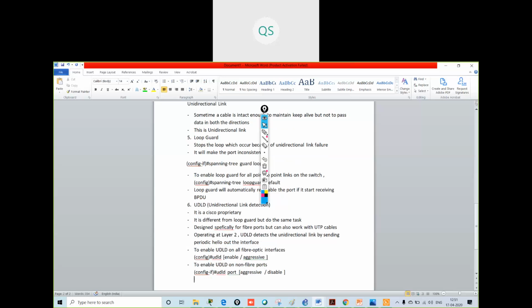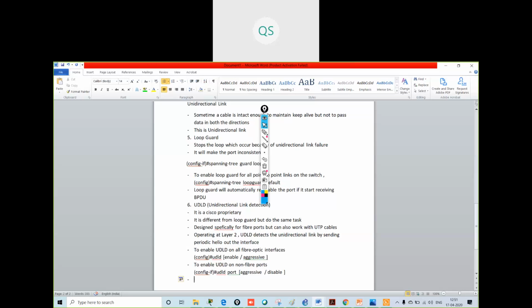Aggressive or disable. So these are the two commands, I think. We do not have any other command.